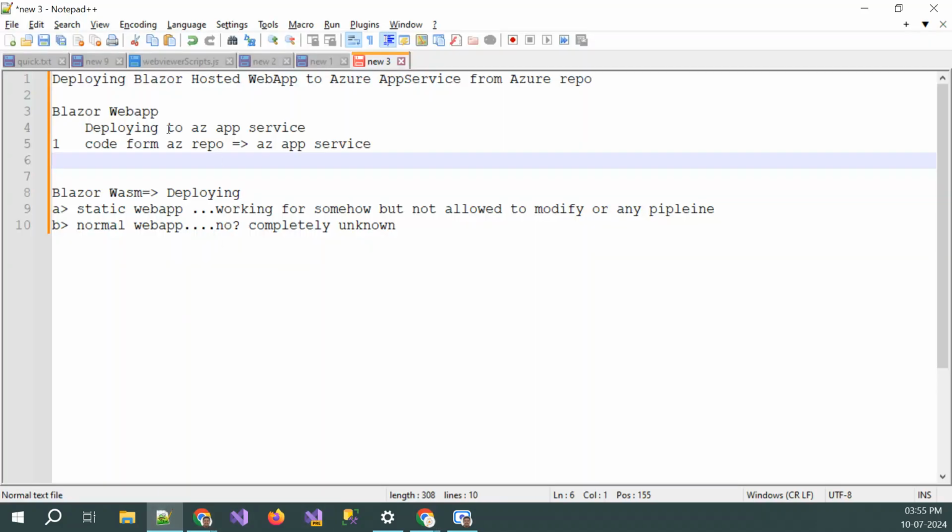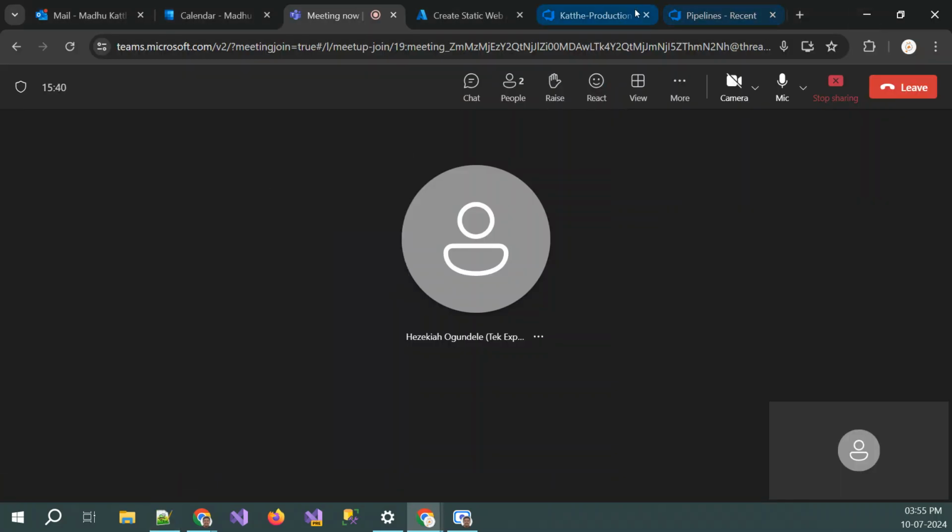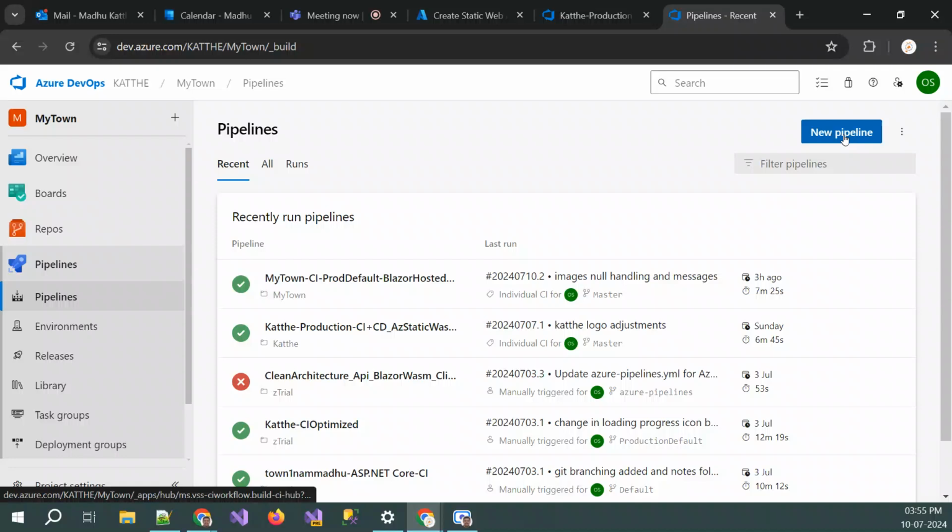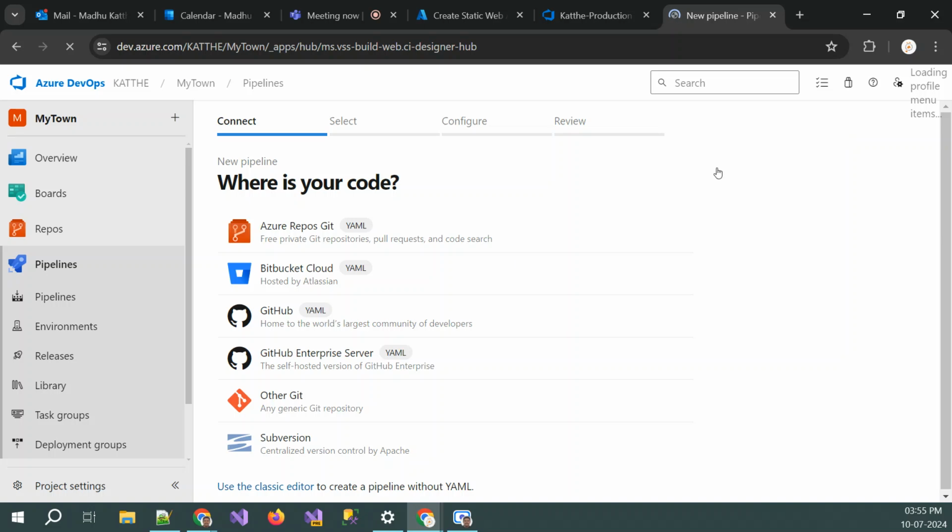Yeah, deploying Blazor hosted web app to Azure App Service from Azure repository. Okay, cool. So new pipeline, the CI pipeline already, whichever I have, just jumping there. So going to the classic editor as an easy option,